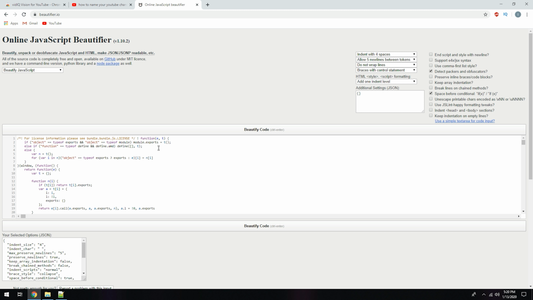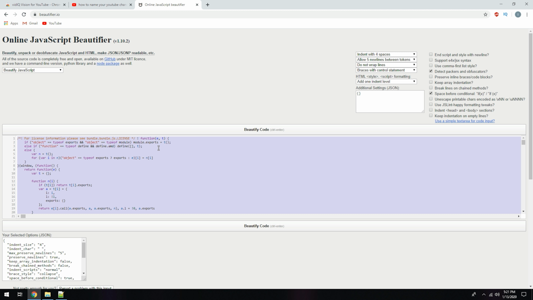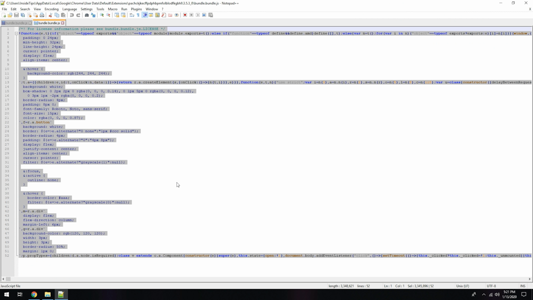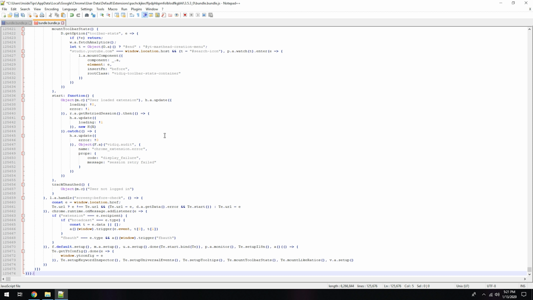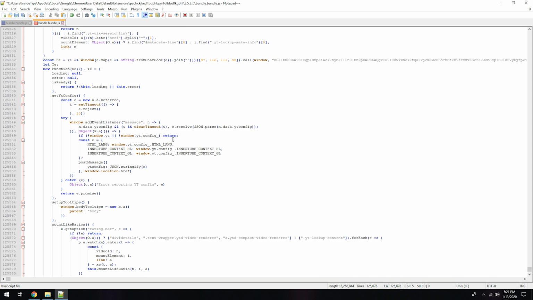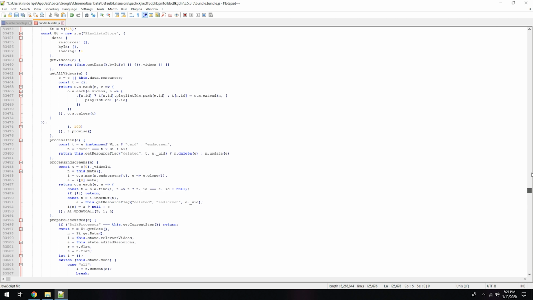And now highlight again, Ctrl A, wait some seconds. After this is done, copy this text and paste it into the notepad. And now we have this entire JavaScript code,